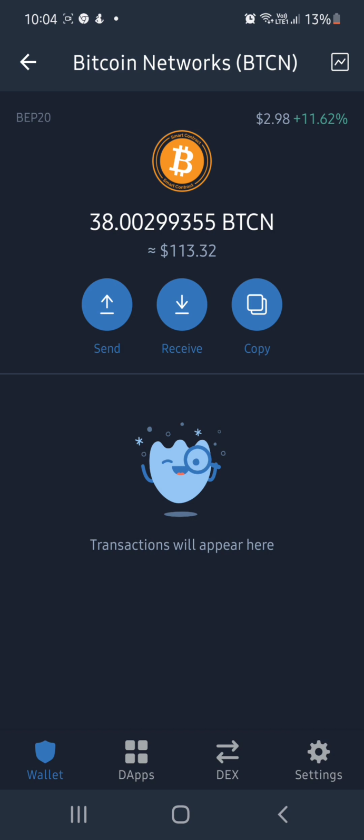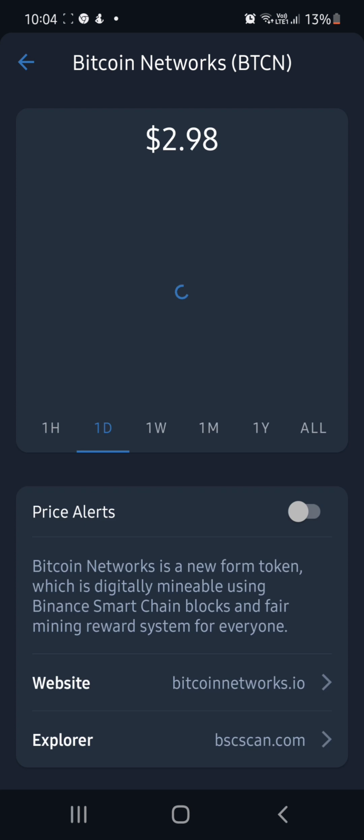So I will show you. See, after 8 hours, now my balance became 38. And the dollars also increased because the coin's value has increased. So if you see 37.9 to 38, that means I got 0.07. Yeah, this is a simple mechanism. I explained how we are getting the rewards. As soon as you refresh, you can see the latest rewards in the Trust Wallet itself.